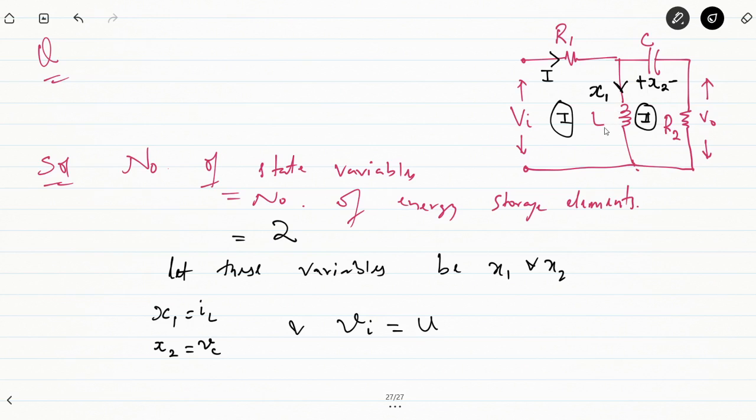So this is your KVL equation. Similarly, when you apply KVL in loop 2, the voltage across the capacitor x2 plus voltage across the resistor, with some current flowing through this circuit, let me say the current flowing through this resistor is I2, into R2 plus, rather minus, L dx1 by dt is equal to 0. Okay? So by applying KVL in loop 1,